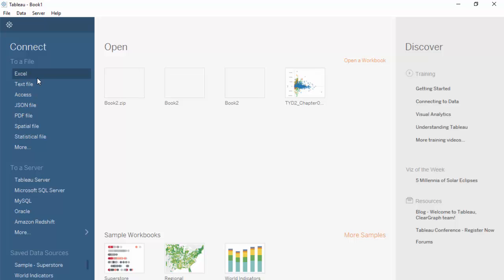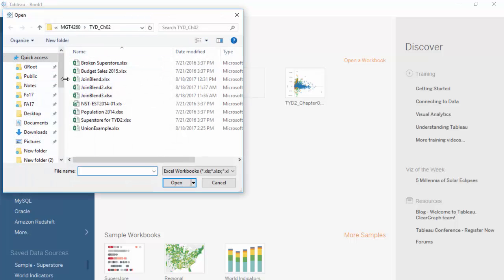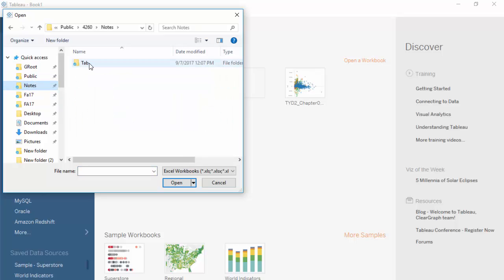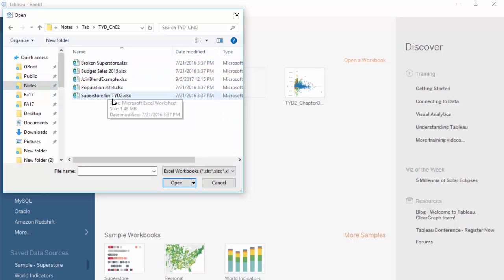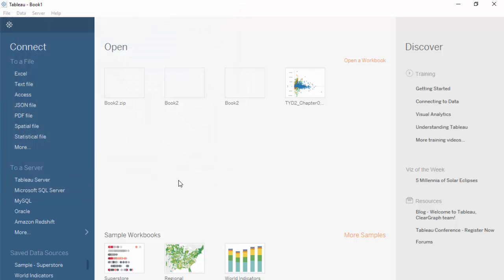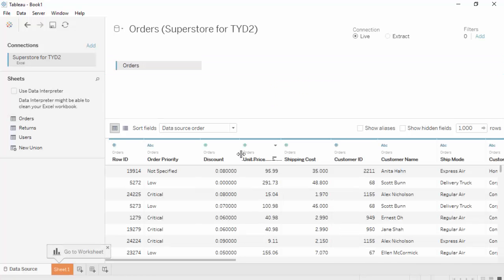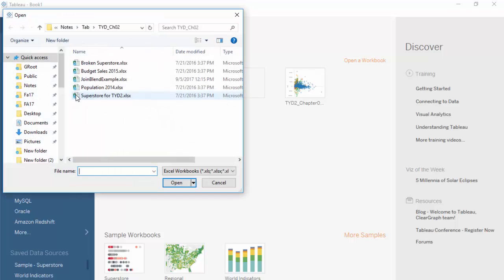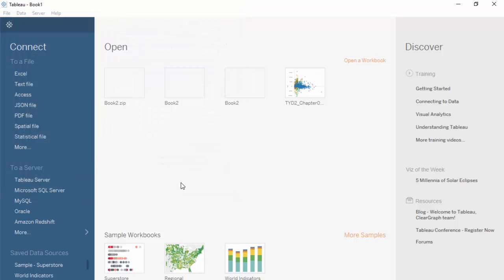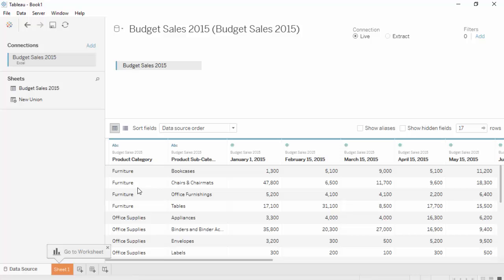So let's go ahead and connect to Superstore. Okay, so we'll bring in orders. All right, so we have that, and now we have the budget, and that is 2015 budget. So we want to be able to blend these two connections and prepare a visualization where we can compare sales